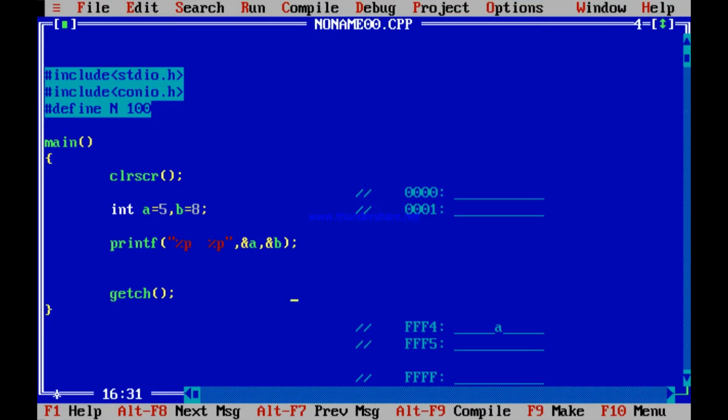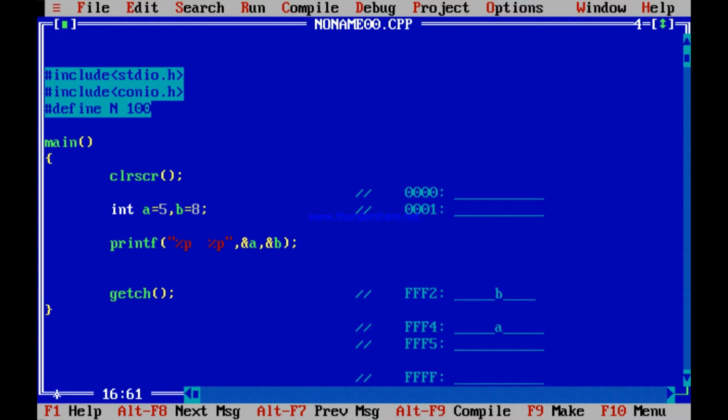Alt enter. See ff2, 2 locations before. See, that means somewhat around here, ff2, here b has been stored. Here we have stored b. Is not so?